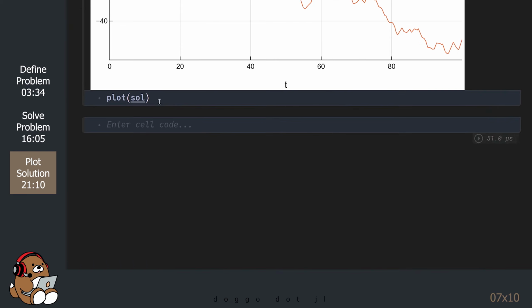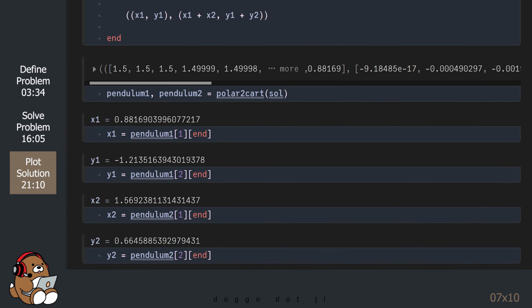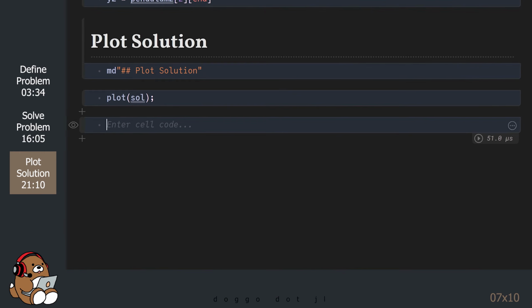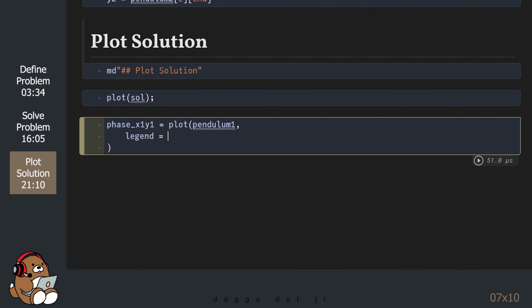Let's suppress this plot and look at a phase-space plot for the first pendulum. Conveniently, we have the x1 and y1 coordinates assigned to the variable named pendulum1.